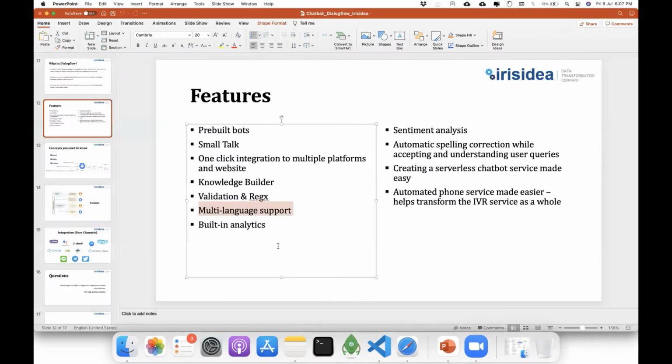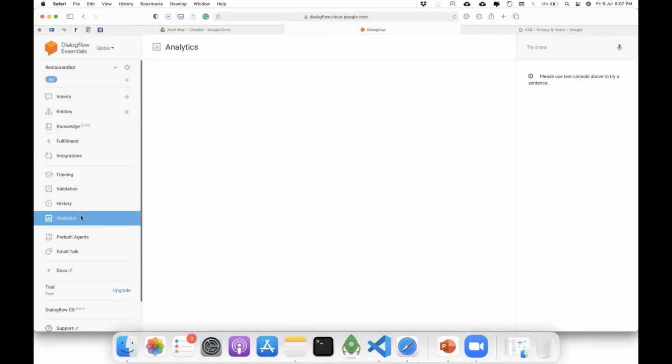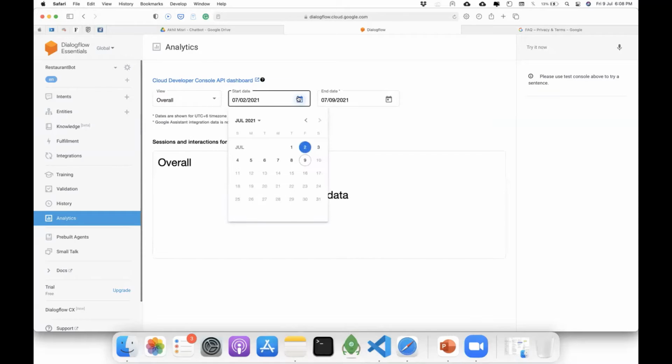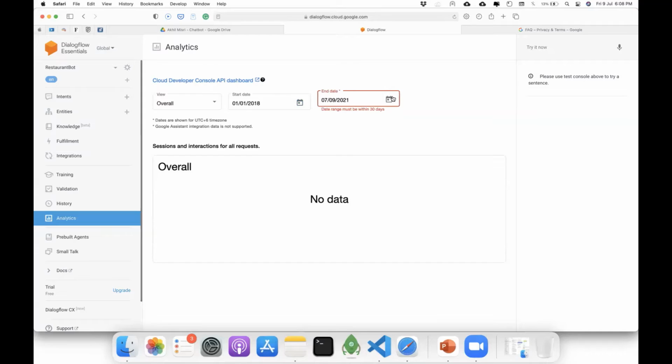Apart from that, there is built-in analytics. Let's say I go to this analytics screen. Okay, they don't allow me to select something from here.